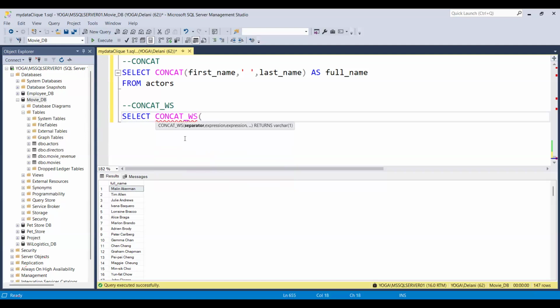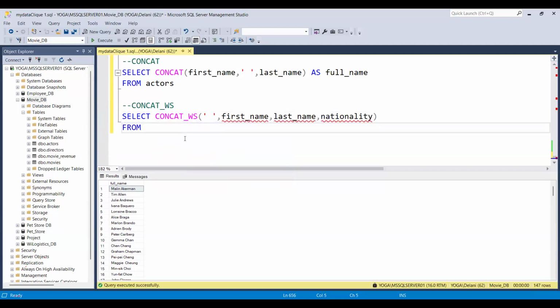Now, the first thing it asks you for is the separator. That is, these words that you want to combine, what do you want to use to separate them? So we'll put the space, and then it will ask, what are the columns you want to combine together? So if you want to combine the first name, the last name, and let's say the nationality from the directors table, what this does